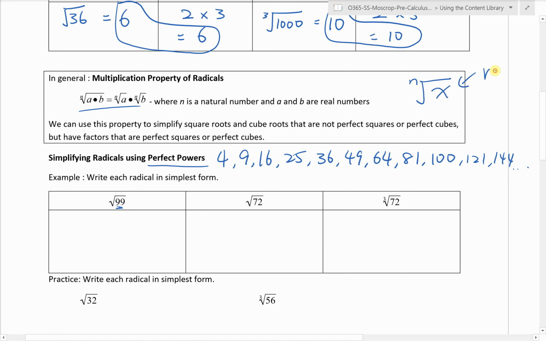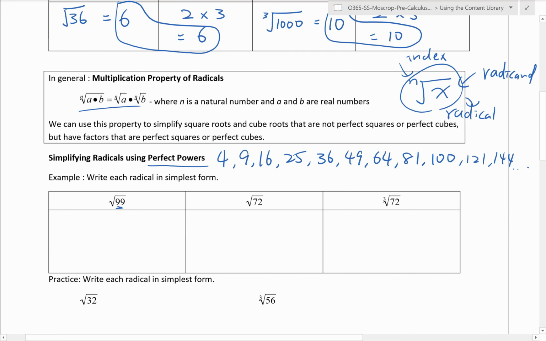This x is what we call a radicand, and this n is called the index, and the whole thing is called a radical. Okay, that's the whole thing. So we have a radicand of 99, and what we're going to do is look at